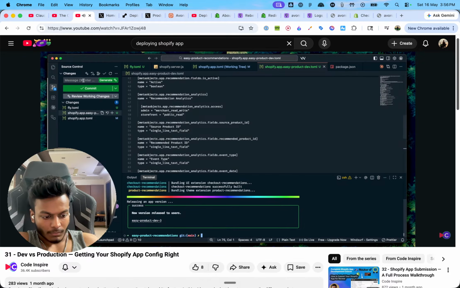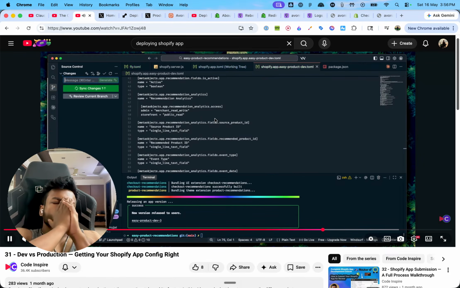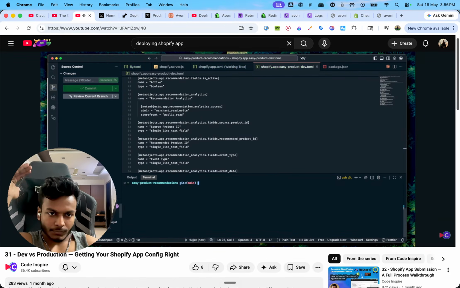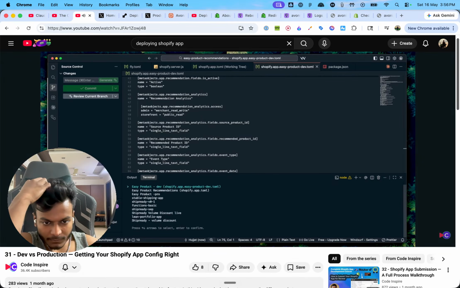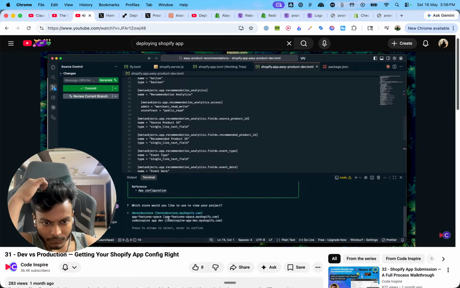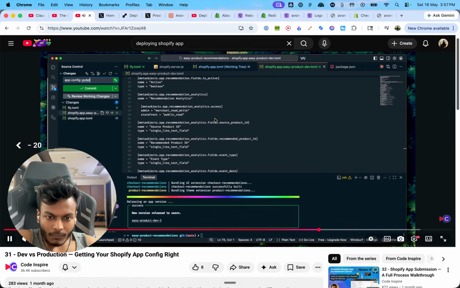Let's do that. I'm going to commit this: app config updated for dev. Let's just push these changes, and when I run my app, I'll just say npm run dev reset, and in here it will ask me for my partner account. Next up, which app I want to use. I will use this easy production like dev. This is development, and that's it. Which store you want to test this? Let's go with